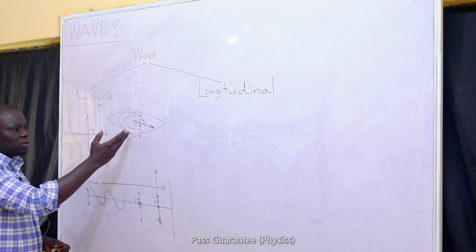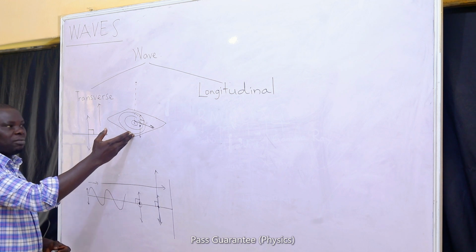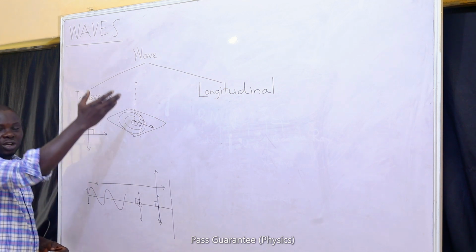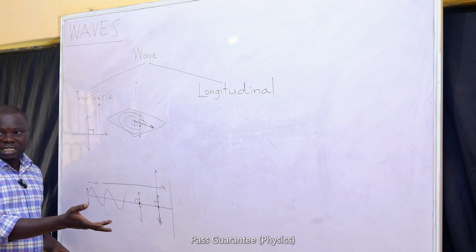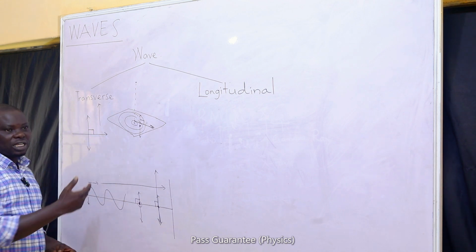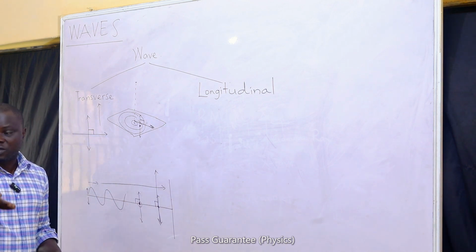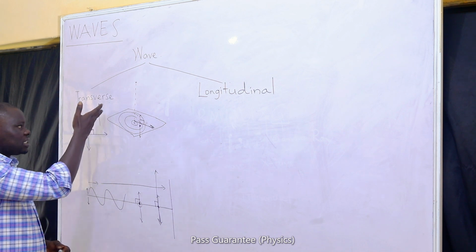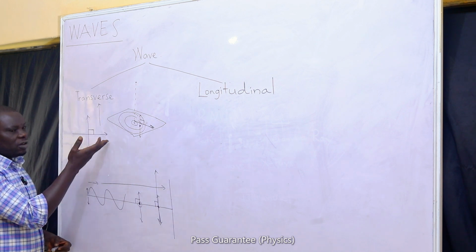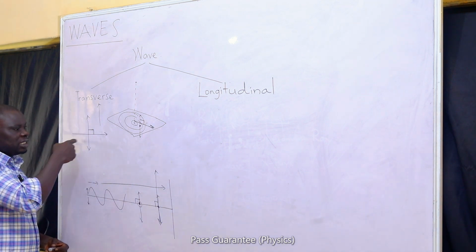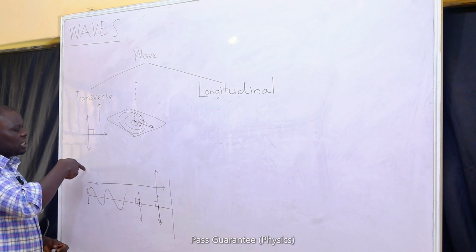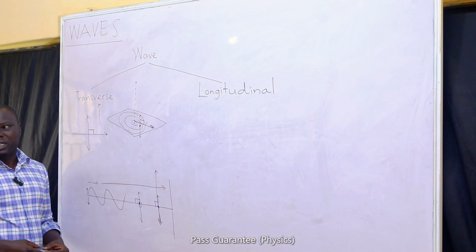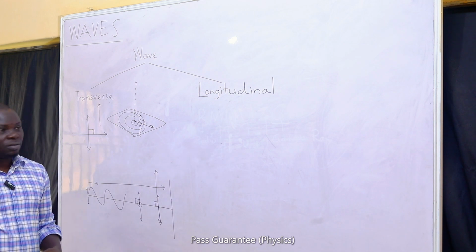Water wave, for example, is mechanical. It requires a material medium, and it is transverse. It is not electromagnetic. Wave on a rope is not electromagnetic, it is mechanical, and it is also transverse. So while all electromagnetic waves, the 7 electromagnetic waves are transverse, we believe that when they travel, the direction of the travel or propagation of those waves is perpendicular to the direction of vibration of the medium.